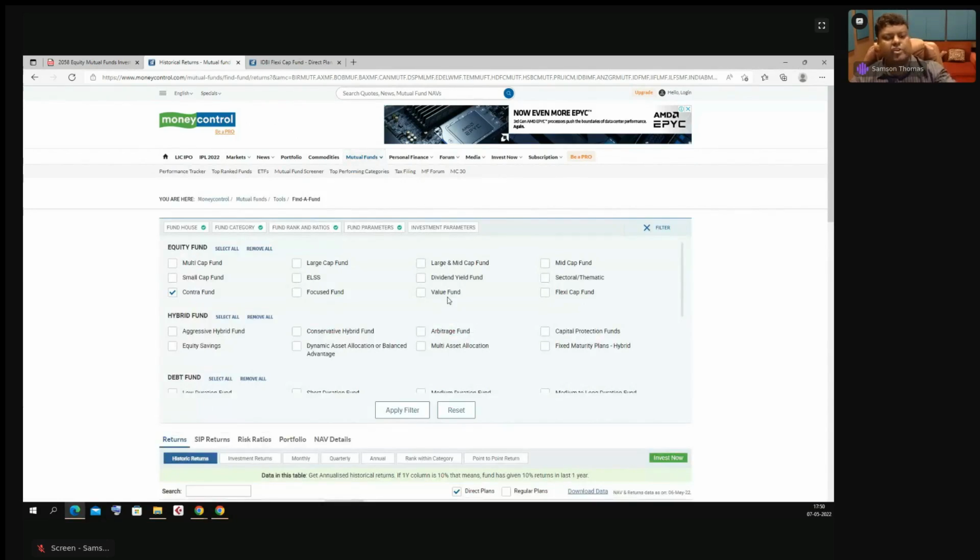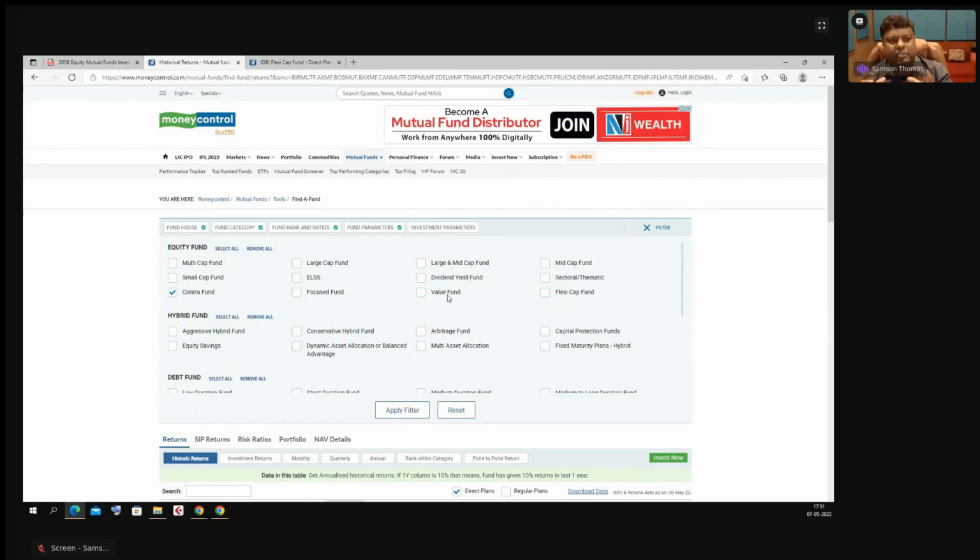What is a contra fund or a value fund? Both have a similar type of approach. So contra fund or a value fund, what they do is that it tries to find a contrarian view, the opposite view. It tries to look at stocks which are undervalued as of now, which are not in the limelight. Nobody is advertising it. It's not in the limelight for whatever reason. And if it is something that will go on and build value in the future, build wealth in the future, then they are trying to identify those kind of value stocks which are available at a very low price.